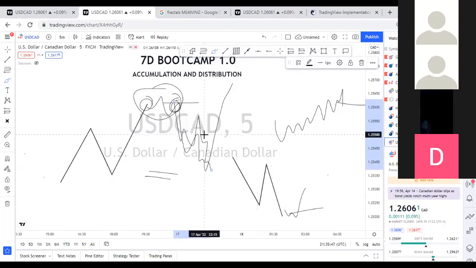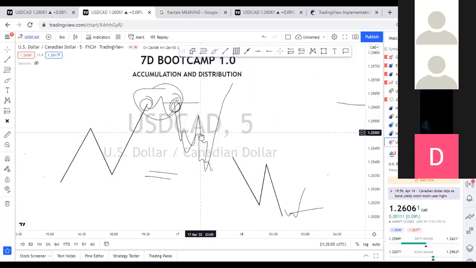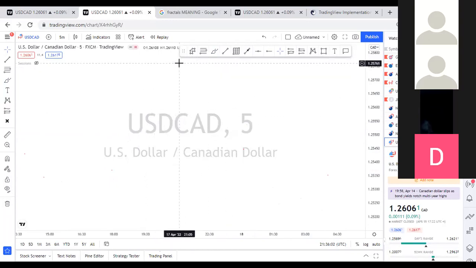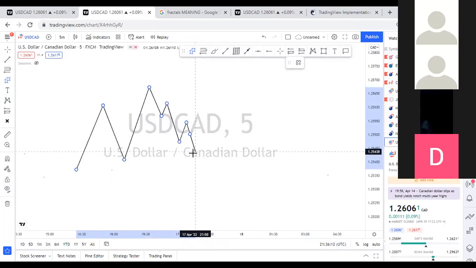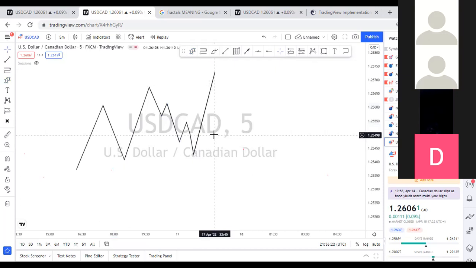Okay, so basically, like I said, if price doesn't come back, don't sweat it. Price will give you another opportunity. All right, now let me show something. Let me clear all of this. Okay, so now let's say price came here, and then when it broke structure, it just continued like that and it didn't come back. Now, I'm not going to sweat it.